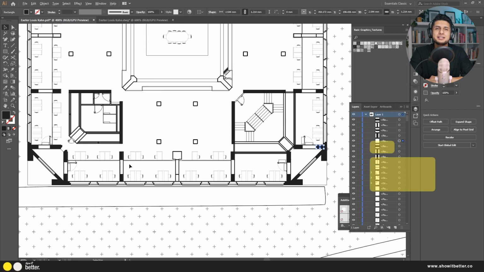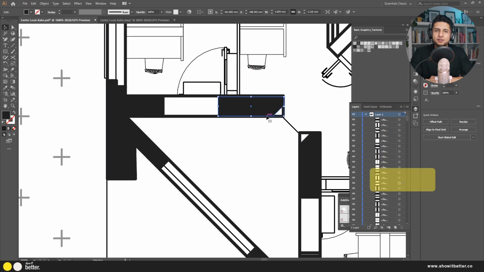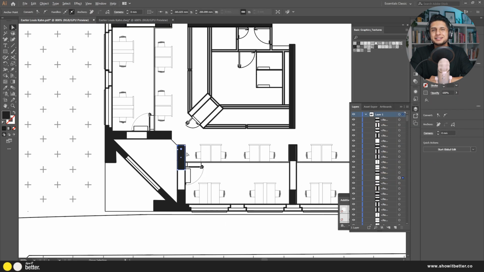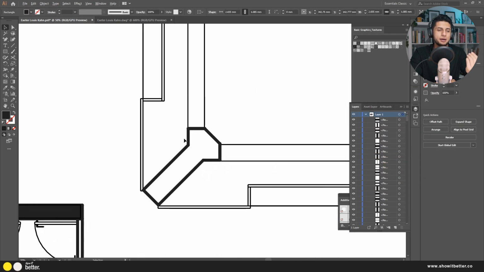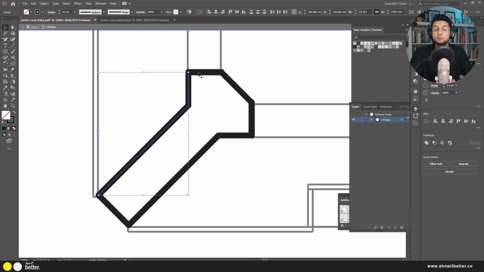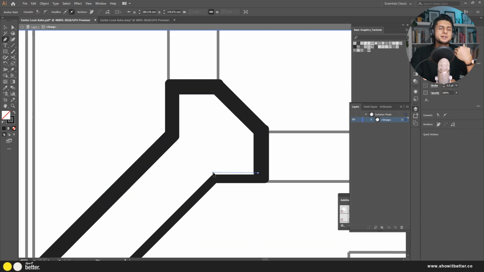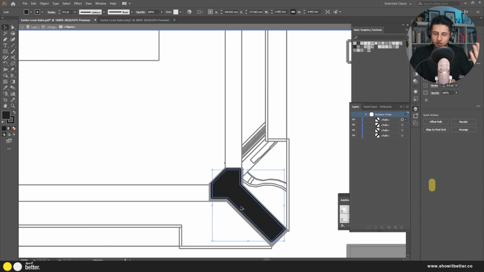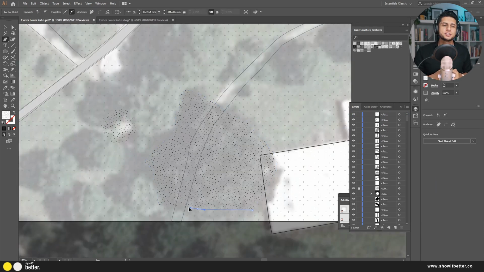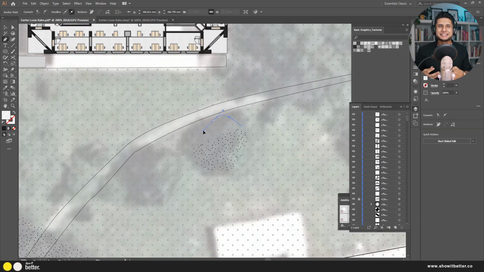So some of these things can be repetitive and tedious, and you're like, oh my gosh, I really don't want to do this because it just takes a lot of time. I would prefer just to render it or do it in Photoshop like we normally do. But believe me, the results are worth it. It just looks different. Then for the trees, I think the trees were one of the elements that gave life,